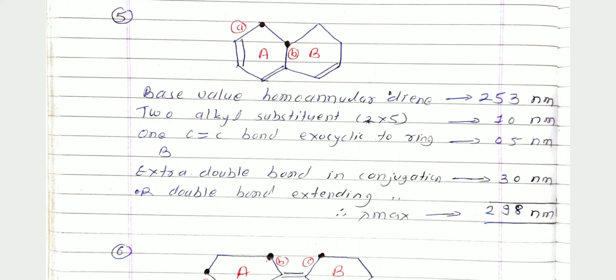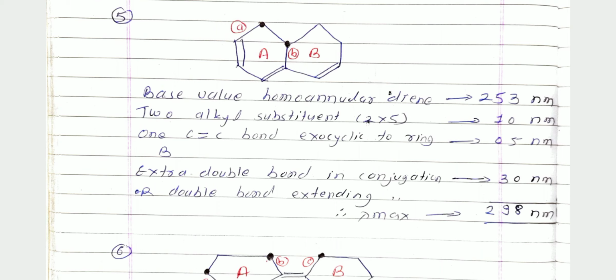Then again we consider homoannular diene, and our requirement for homoannular diene is two double bonds present in the same ring. But in this structure one double bond is extra, and this double bond is in conjugation. You remember that this extra double bond may be in conjugation. Therefore the extra double bond in conjugation, or extending double bond, has a value of 30 nanometer. If one extra double bond is present, then the value is 30. If two double bonds are present, then 30 multiplied by 2, it may be 60. But here only one double bond is present,